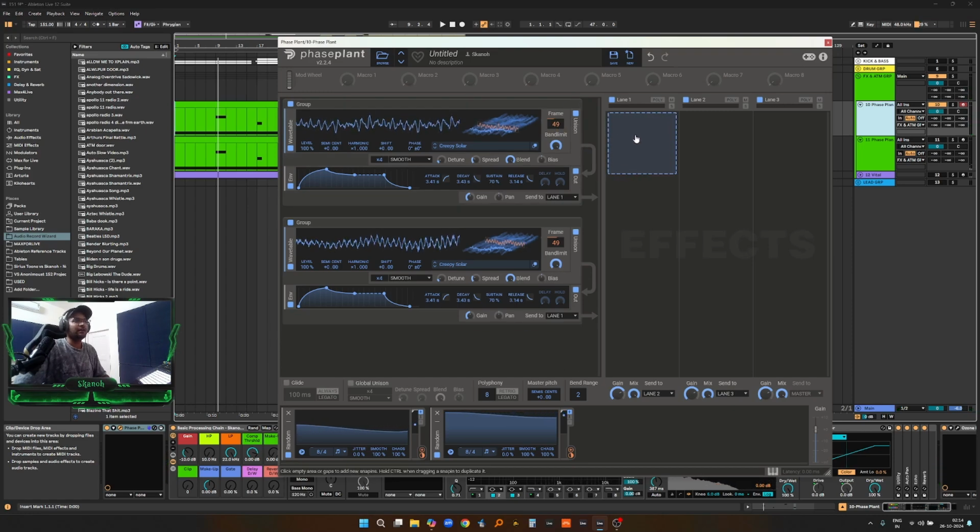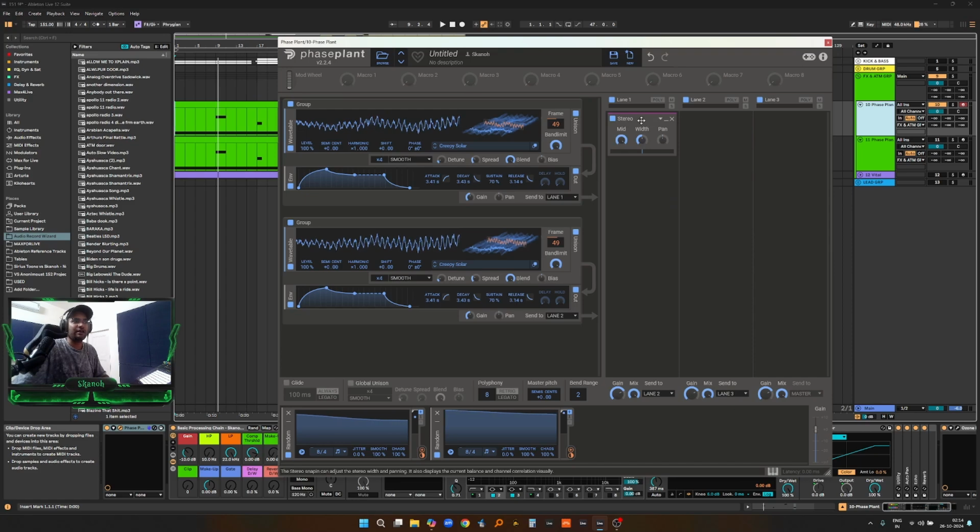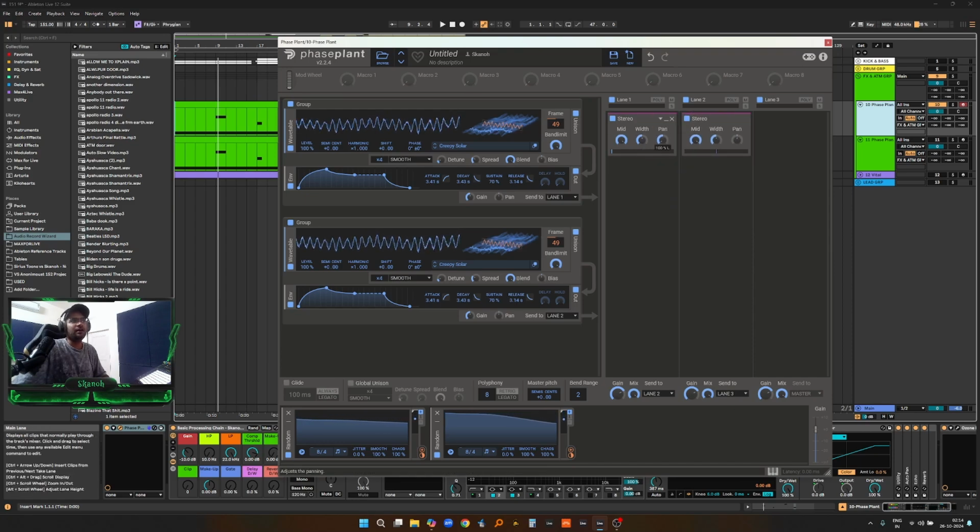Alright, now let's split the signal into stereo. Let's say this goes to lane 1 over here and this one goes to lane 2, and this is a trick that Dadda showed in one of his videos wherein he was trying to clone Vital's stereo LFOs. So this is how he got around to doing it, by getting a stereo snap in on both these lanes and turning the pan to the opposite directions, this one to the left and the other one all the way